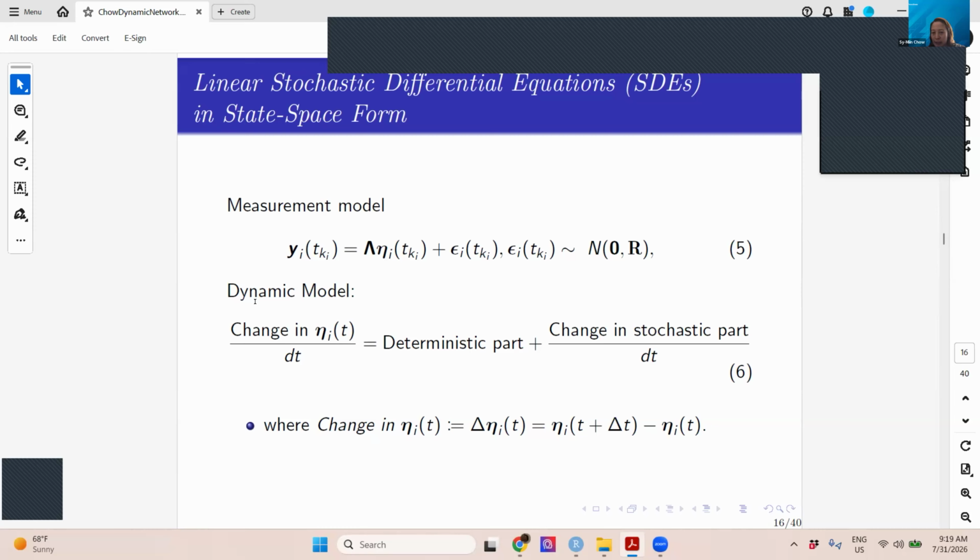So in terms of distance, this rate of change corresponds to speed, right? Because it gets at how much distance has changed over 1 unit of time. So whether you're going 60 miles an hour, 120 miles an hour, and so forth, right? And this in turn is usually expressed as a deterministic part that we can map out perfectly once we know the previous values of eta, and then a stochastic part that represents process noises.